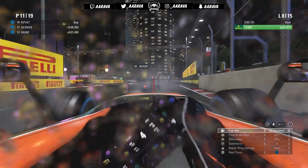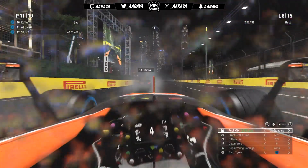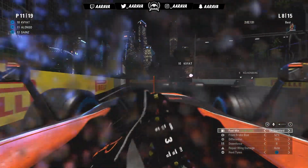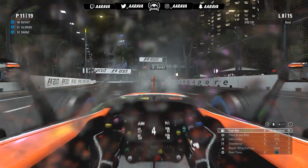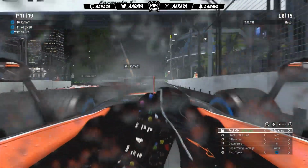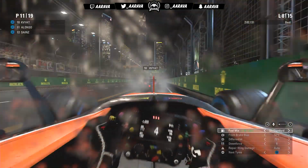Carlos Sainz is overtaking Magnussen on the top left, so maybe Magnussen has dropped back even more. Maybe that is why Magnussen seemed so slow into turn 1, and David was able to get it down the inside and barge his way through because Magnussen had an issue there. So again, good to see that maybe it was just one of the parts,